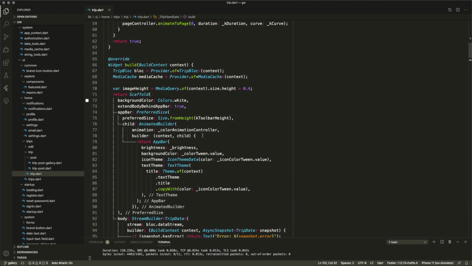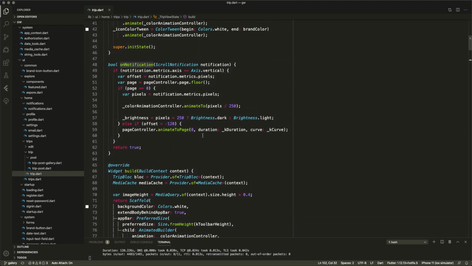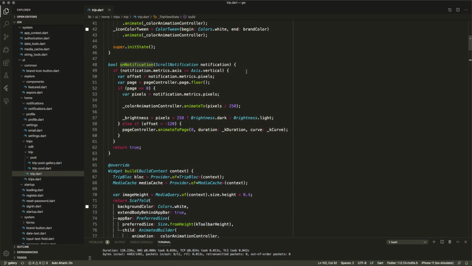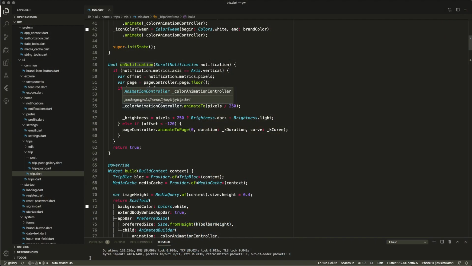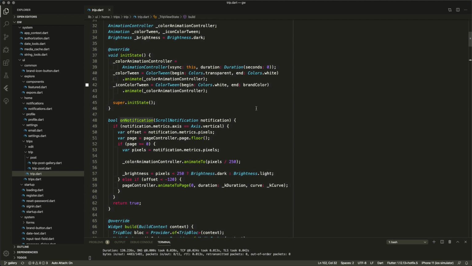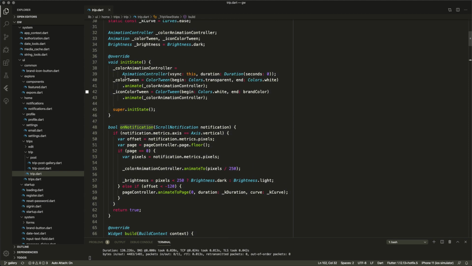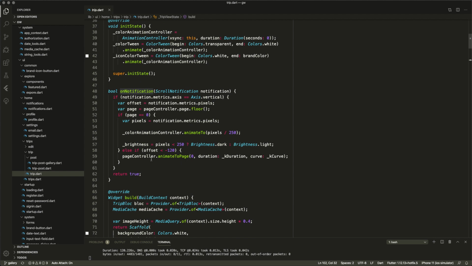Now we go into that notification handler. That notification handler gets called when we scroll the page view. So if we are on page 0, then we animate the Appbar by calling the animation controller to animate to. And what that will do, it will actually animate from this color to that color, and we'll show that in action in a minute. But I also detect that if the page is not 0, so it's not the first